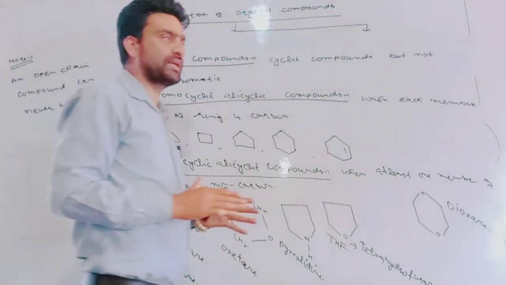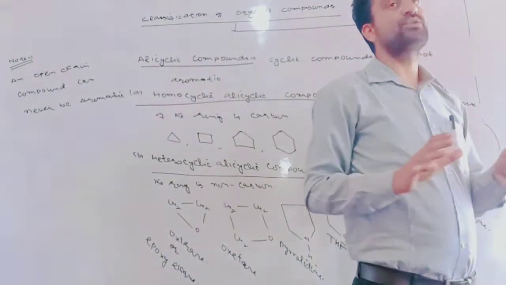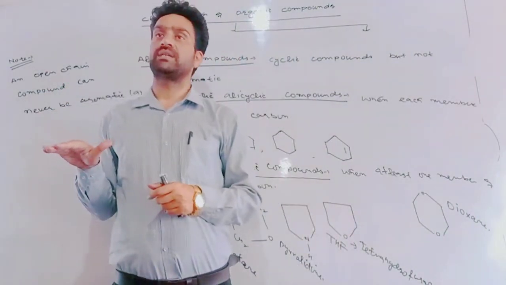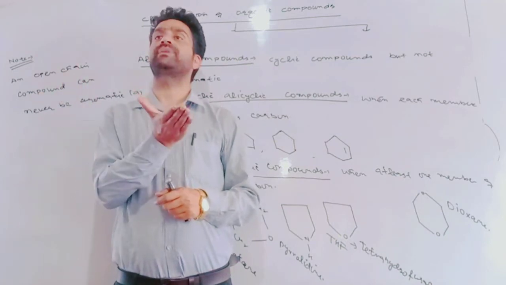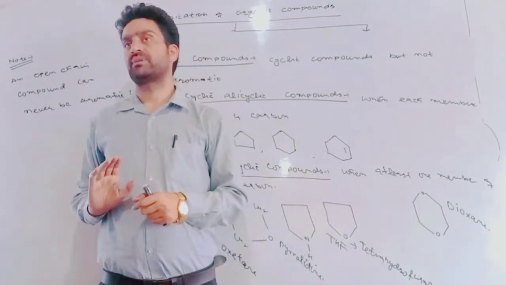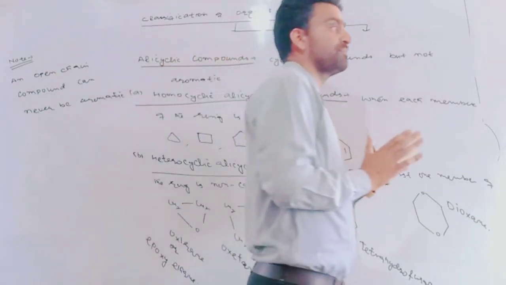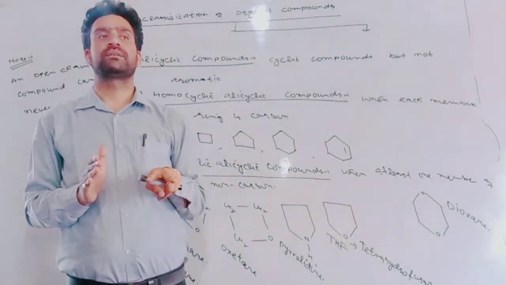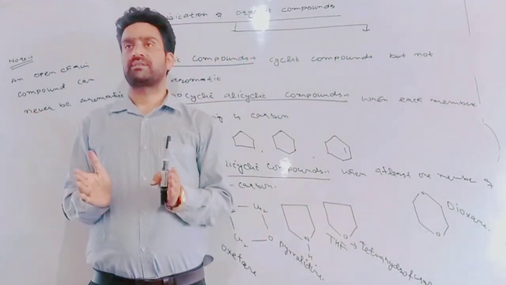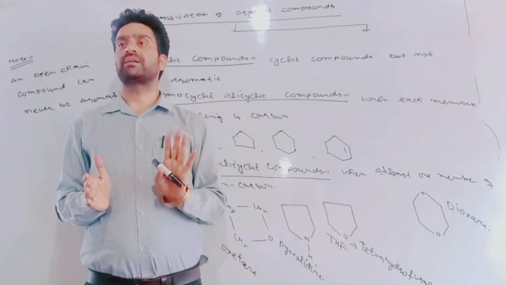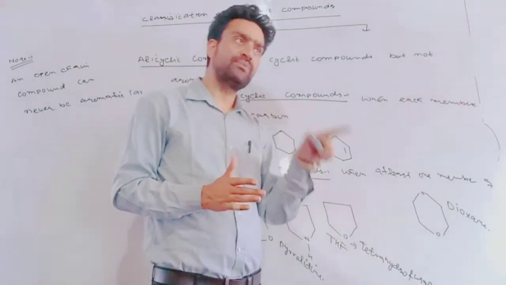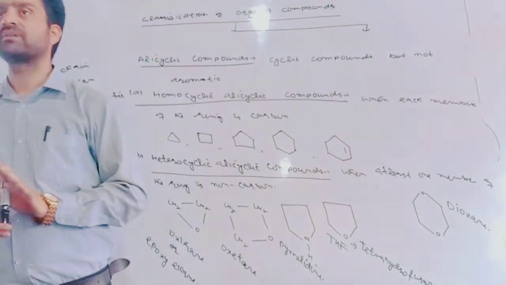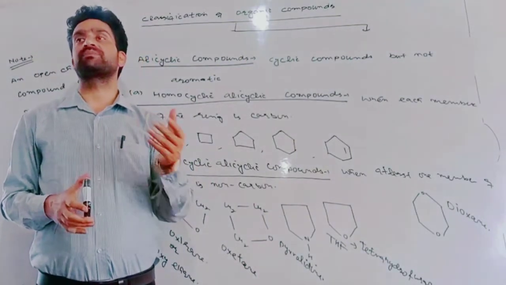How we can classify the organic compounds? Organic compounds are classified into following types. First classification is the compound might be open chain or acyclic compound, or it might be closed chain or cyclic compound. What are open chain or acyclic compounds? Those compounds which do not contain any cyclic structure. They may be straight chain or branched. What are closed chain or cyclic compounds? When the organic compound is in the form of a cyclic ring, they are called closed or cyclic compounds. Closed or cyclic compounds are further classified into following types.